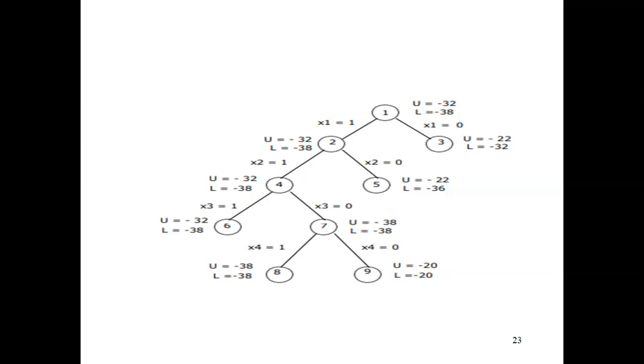So we need not consider node 9. We will kill this path, node 9 path, and we will consider the node 8 path since we are comparing the negative values. So minus 38 or minus 32, all these things when you check. Upper bound value at node 9 is minus 20 greater than minus 38. So we will not consider the node 9 since its upper bound is higher value. We will kill the node 9 and we can consider the node 8.